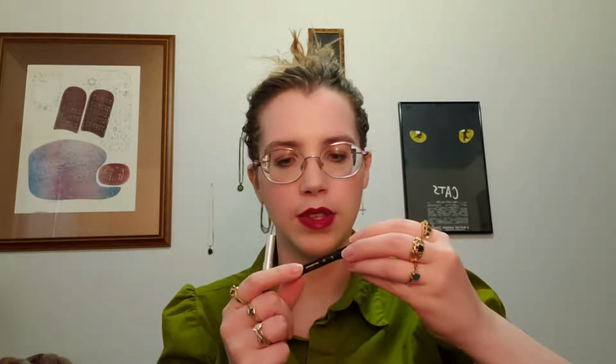Alright, let's do some eyeliners. This was the It Cosmetics Waterproof Anti-Aging Gel Eyeliner. This was a little tiny sample, a deluxe size sample that I got in an Ulta purchase. And I was like, you know what? I have not used this. You know what? I can just give this away. And even though I opened it and I took it out of the box,